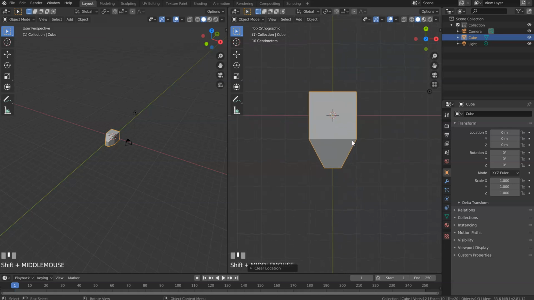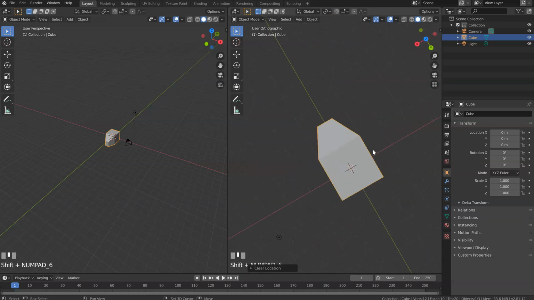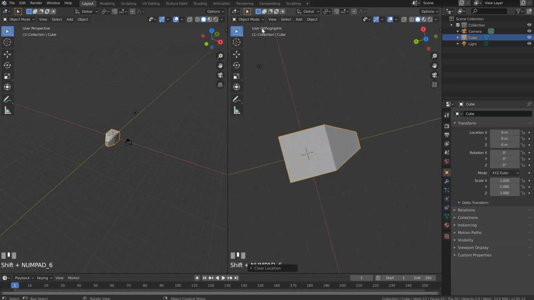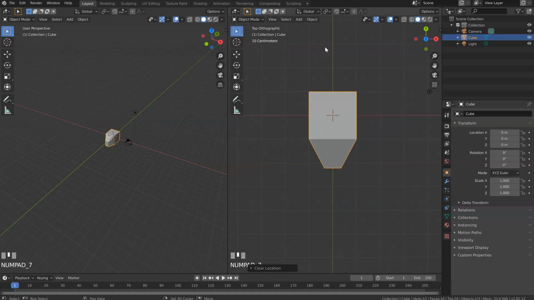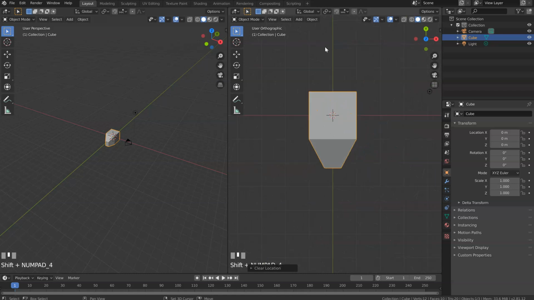You have also one interesting thing, which is pressing Shift and 6, and you will have this possibility to turn your view like that. You will still be in user, in orthographic, but not in top. So Shift 6 to have this, Shift 4 to have this. You can also press Shift numpad 2 to have this, and numpad 8 normally it should work, and it's not. It's not with Shift on this one.